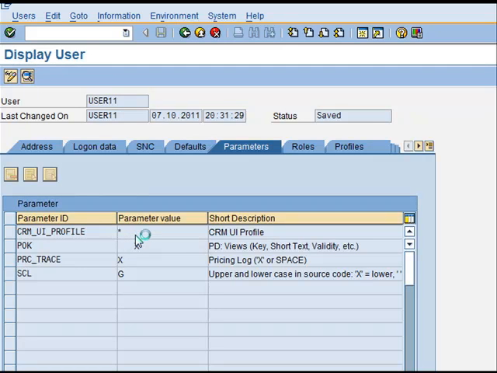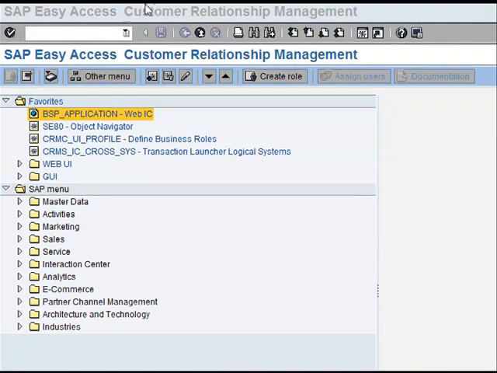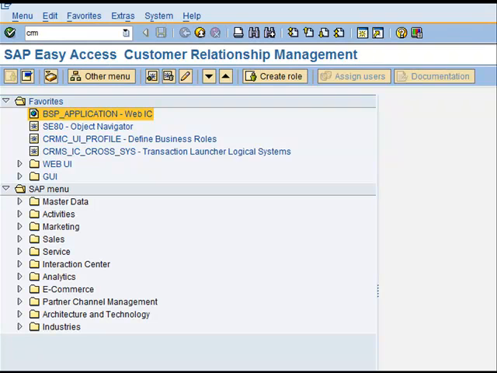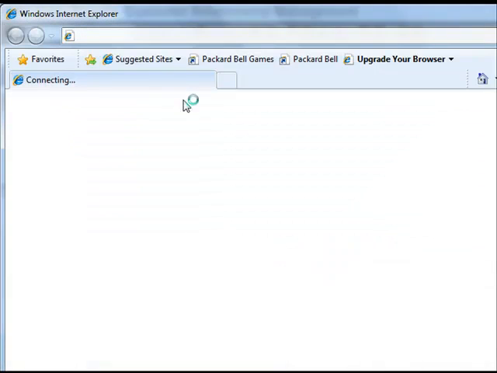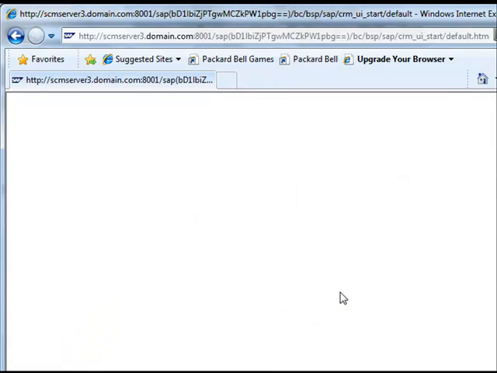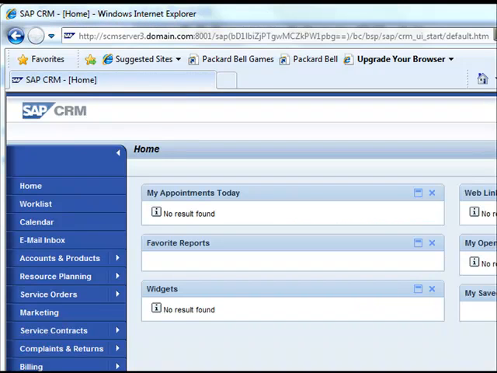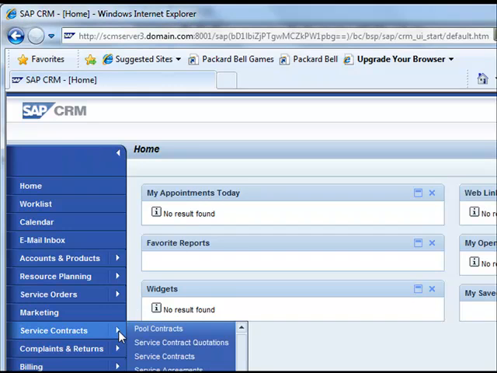Now, if I take this off, I will expect to see only one role, or in case I'm assigned to multiple org units, then a couple of roles and not the full gamut. So let me just take it off, save, and then log on again to the CRM UI. So now I log in to the CRM UI again, and I hope to see a much smaller set of roles. And there you go. Now I enter the UI under the standard service pro role, and I go to a transaction,